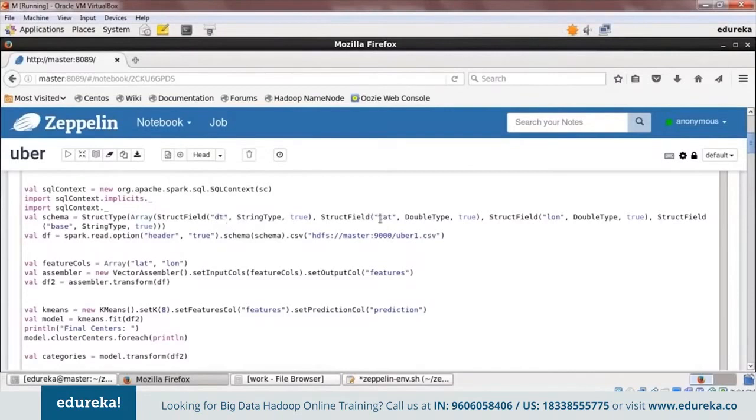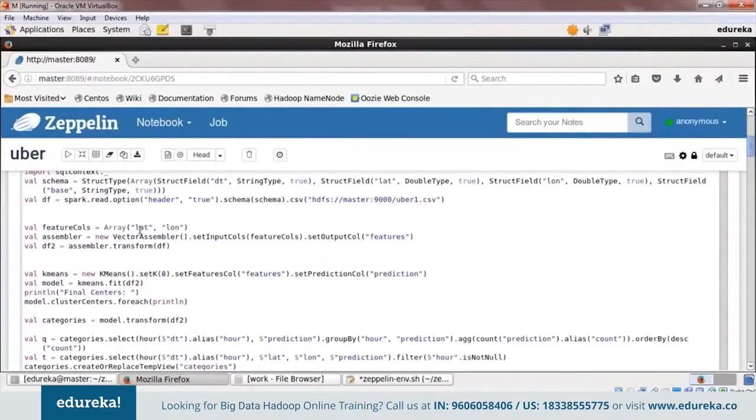Then I'm going to read my data set. This is the path in my HDFS where my Uber data set is. So I define schema as schema here. The header is true because, again, my data set contains column headers, and I'm going to store it in DF. So feature cols here is going to be latitude and longitude because I'm going to find out the beehive point, the point where I will get my maximum pickups from.